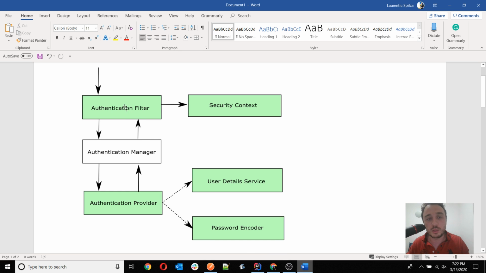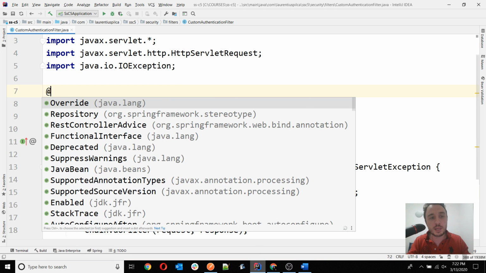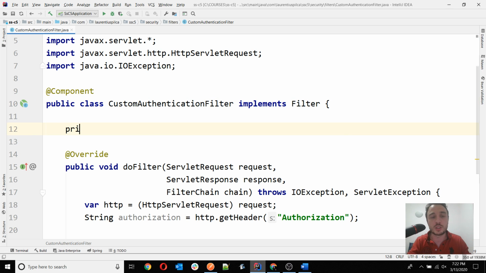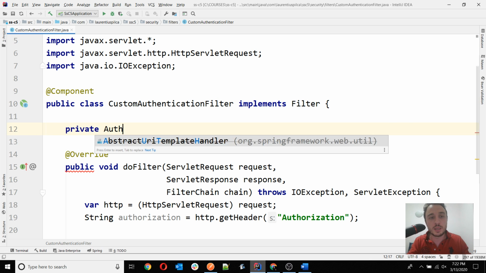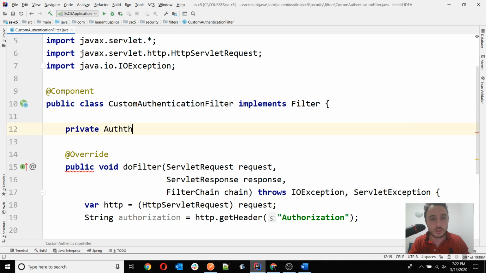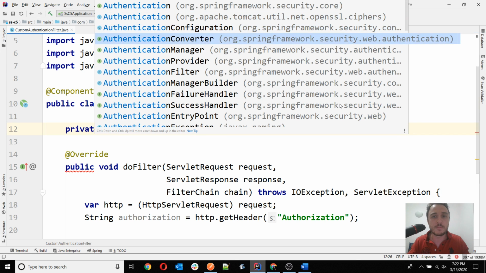So what we need to do is to make the authentication provider available to our authentication filter. So to do this, we can inject it. If we make this a component, then it's part of the Spring context, so we'll be able to use AutoWire to inject an authentication manager. So I do here try to inject an authentication manager. Okay, here it is,